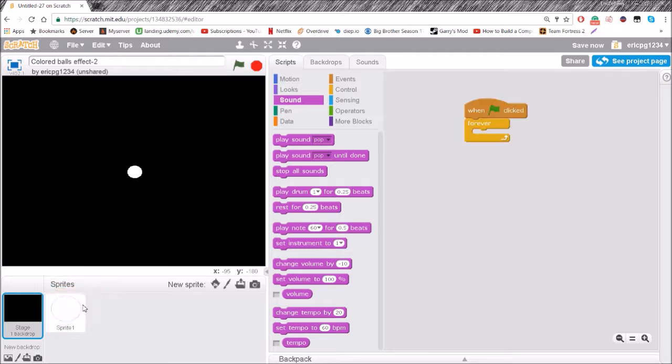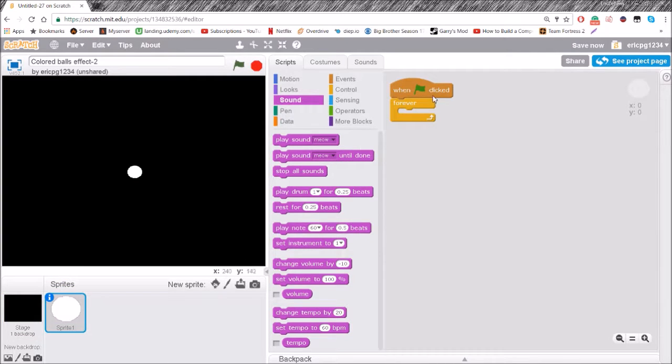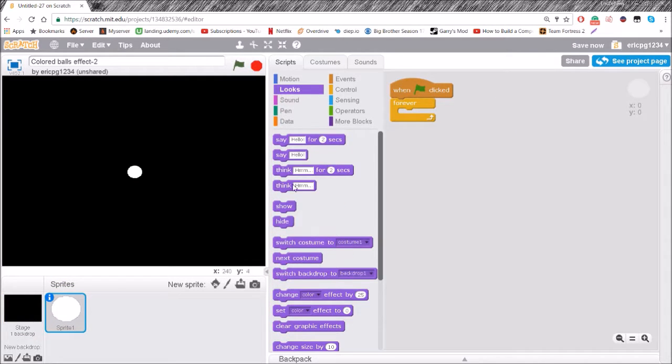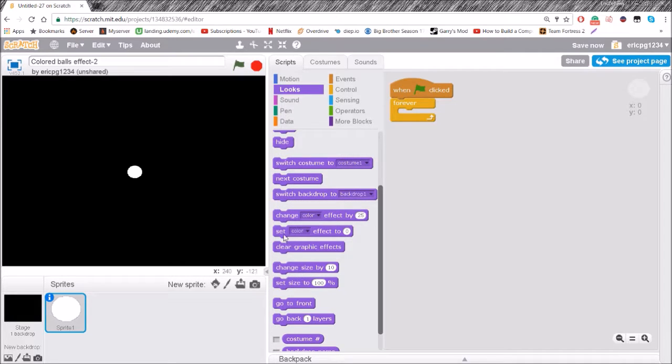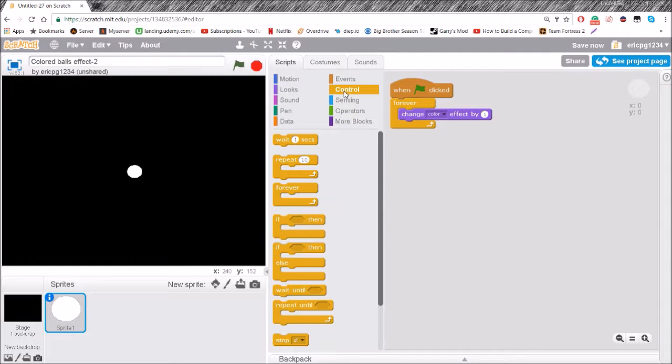Oh, I'm in the backdrop again. Oops. Okay. And start clicked forever. And you're going to make change color effect by 1. This is something you learned in the last part. And then you're going to do